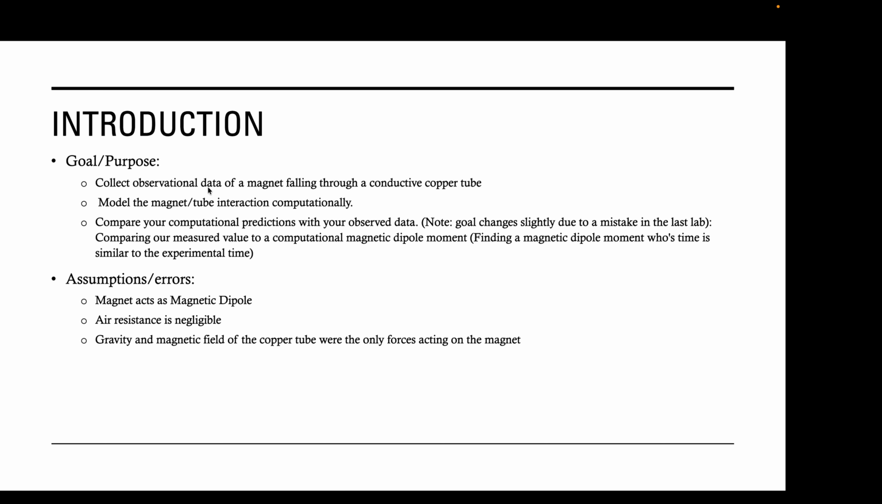So the goal/purpose is to collect observational data of a magnet falling through a conductive copper tube, model the magnet/tube interaction computationally, and compare computational predictions with your observed data. Note the goal changes slightly due to a mistake in the last lab, and now we're just comparing our measured value to a computational magnetic dipole moment, which we're just finding a magnetic dipole moment whose time is similar to